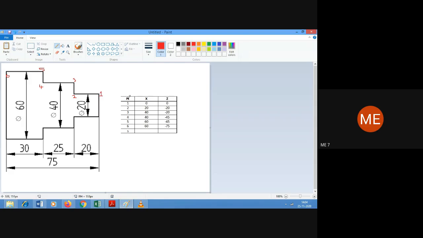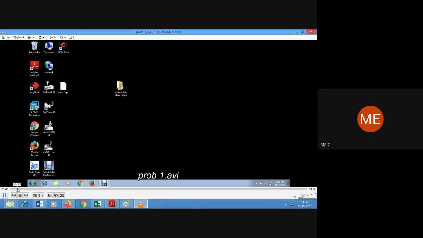So this coordinate table is once again required, and very much needed in both cases, let it be CNC turn or CAPS turn. Now for this, we'll see how to use the Capstone software and get the program.